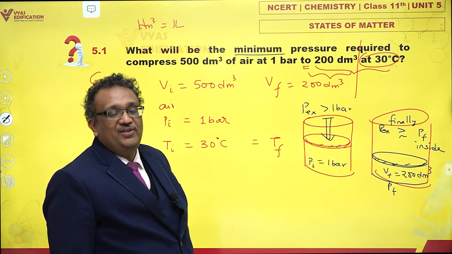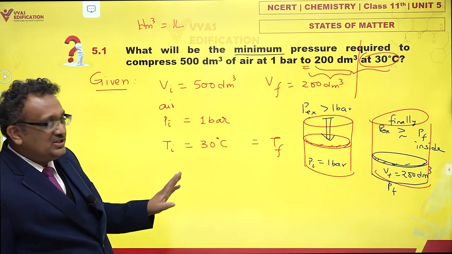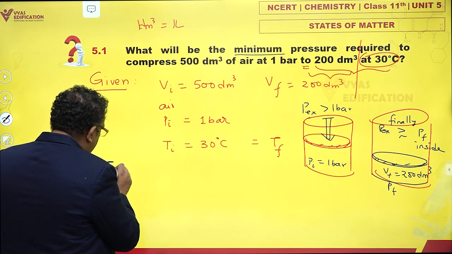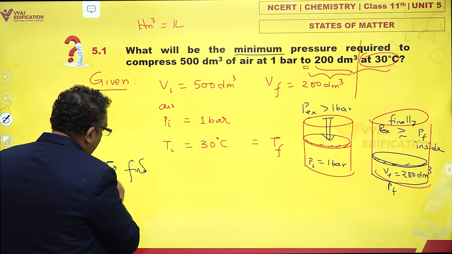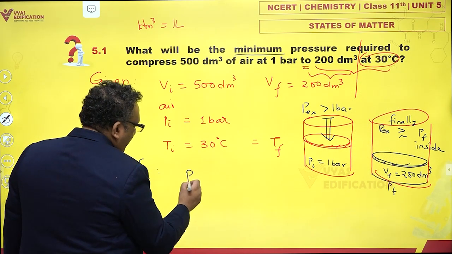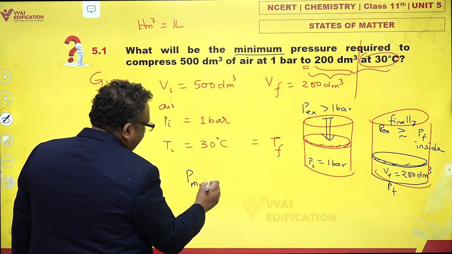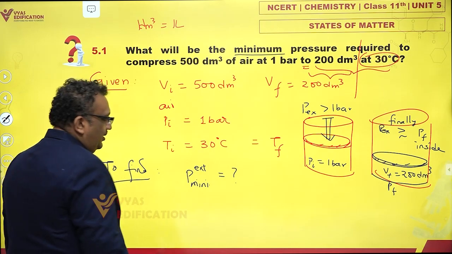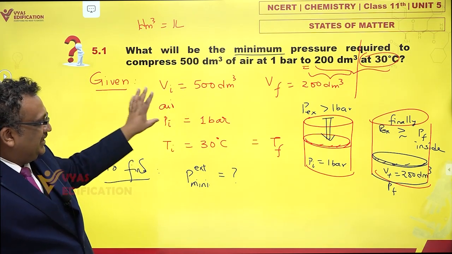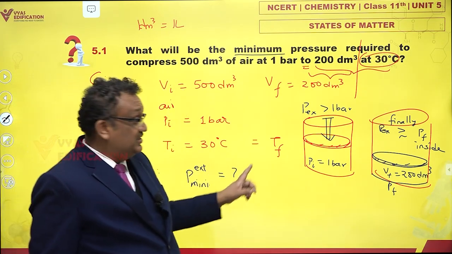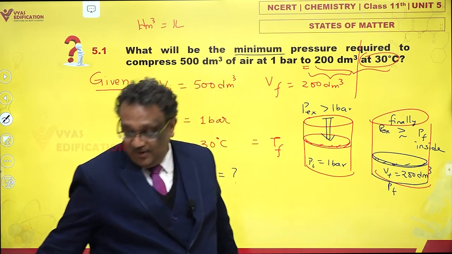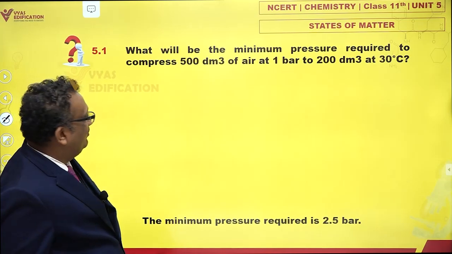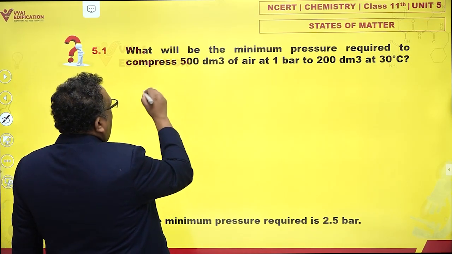And once we are clear with this idea, temperature is constant, so we apply Boyle's law. We have to find P minimum, or this is P external. This is what is given and asked, but we have discussed and we have understood a little part of what we need to do, and now we will execute that idea. How shall we do it? We will say at